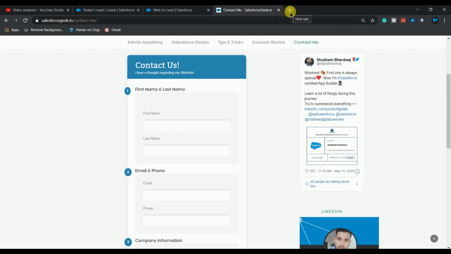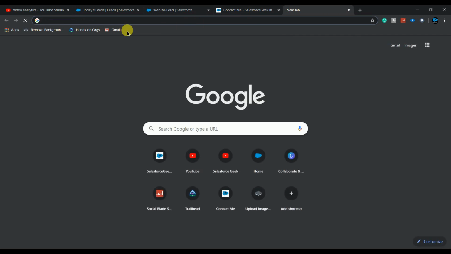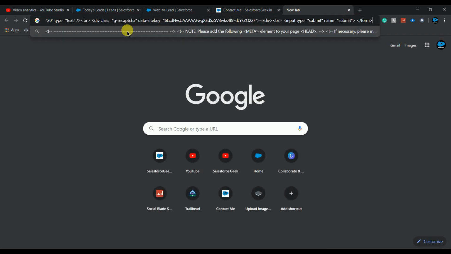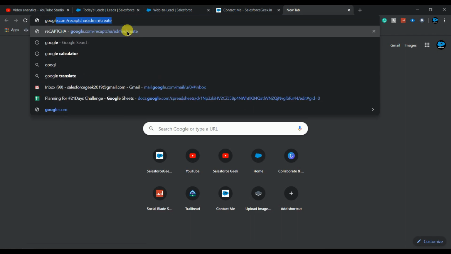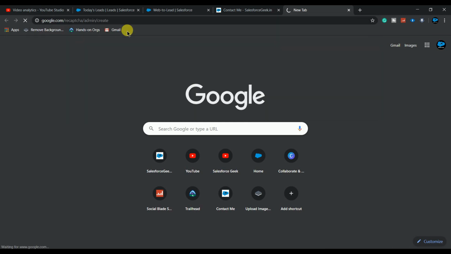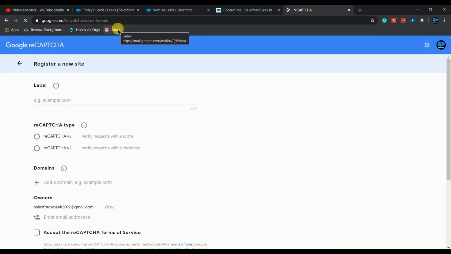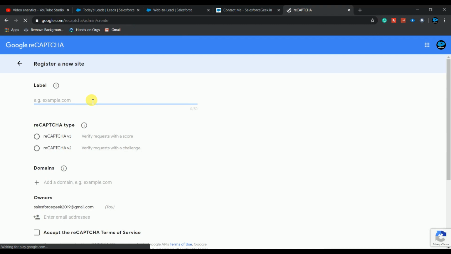First of all, you have to click on new tab and simply type here google.com/recaptcha/admin/create and go to it. After that, you have to register your website over here. Simply provide a label for that. So I give Salesforce Geek here.